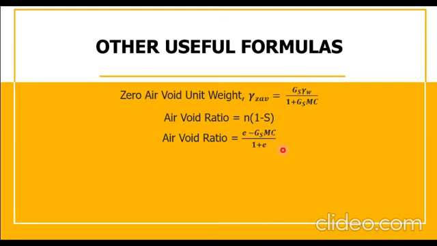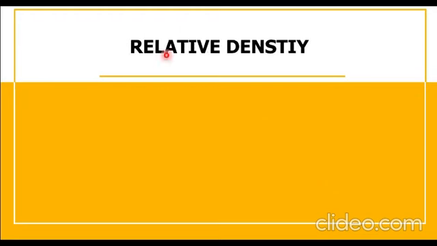And then we can also have the mass specific gravity or specific gravity of mass. It's equal to the unit weight or the moist unit weight of soil all over unit weight of water, or if it's density of soil over the density of water. And then the last formula for the physical properties of soil is what we call the relative density. So from the derivations from our lecture, the relative density